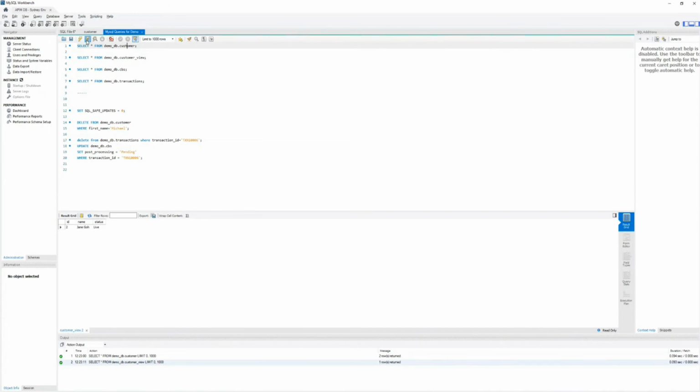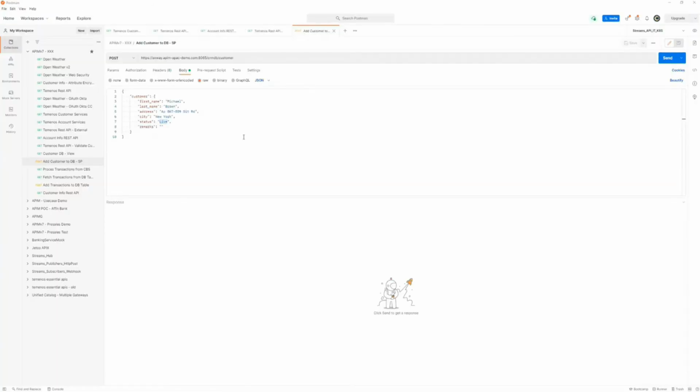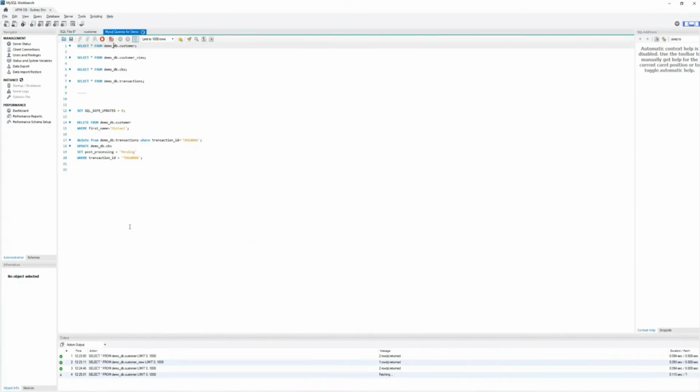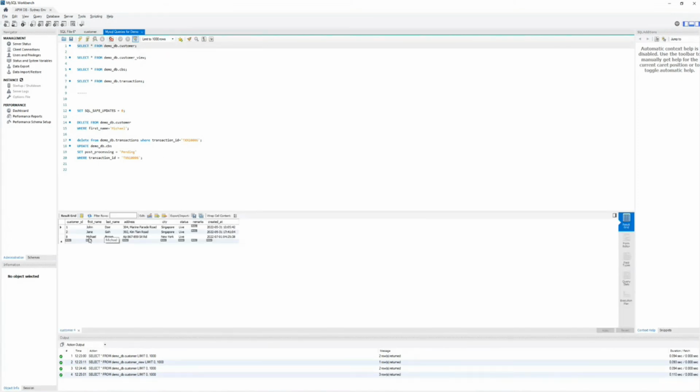So if I run this again, I do not have Michael Brown. I just have John and Jane. Okay. So go back here and hit this request and it says stored procedure executed successfully. And now if I run the same query, I get Michael as well added. All right. Now